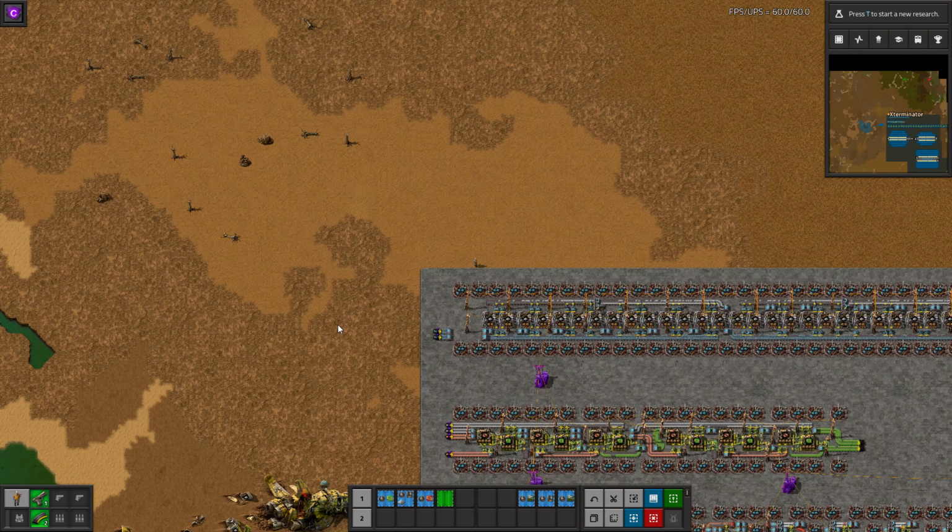And then we have copper here, which runs all the way to the copper cable machines, which are down there. Pure circuits, and then pure copper. Again, circuits are basically the same thing as plastic here, and then the copper just runs straight through. So this is actually using something interesting where we're using belts going in two different directions, and this is an option worth considering if you have issues with placement or figuring out the order you can place things in, or even belt room,